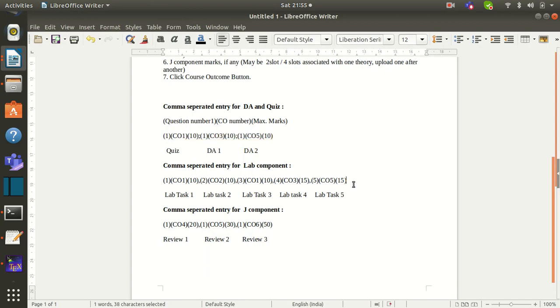Then for lab, and this lab has got 6 assessments. I know this information from the Excel sheet, so it should be entered like this.